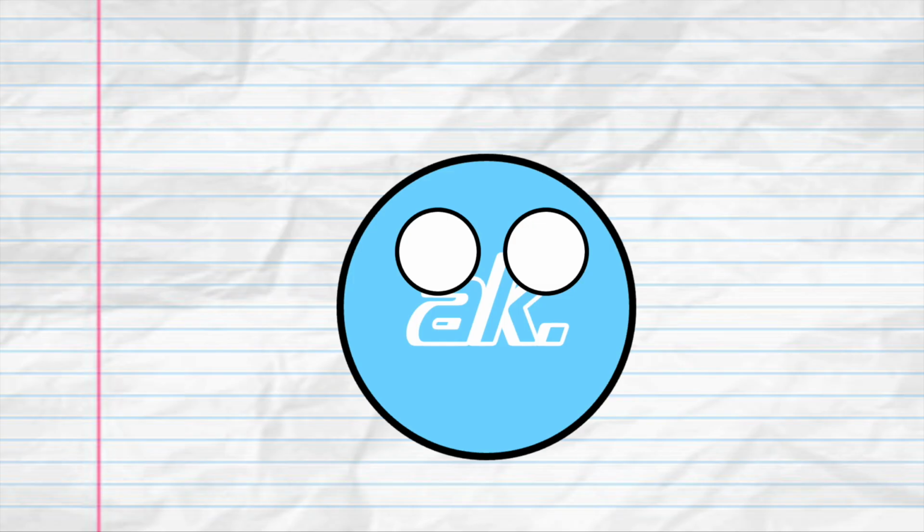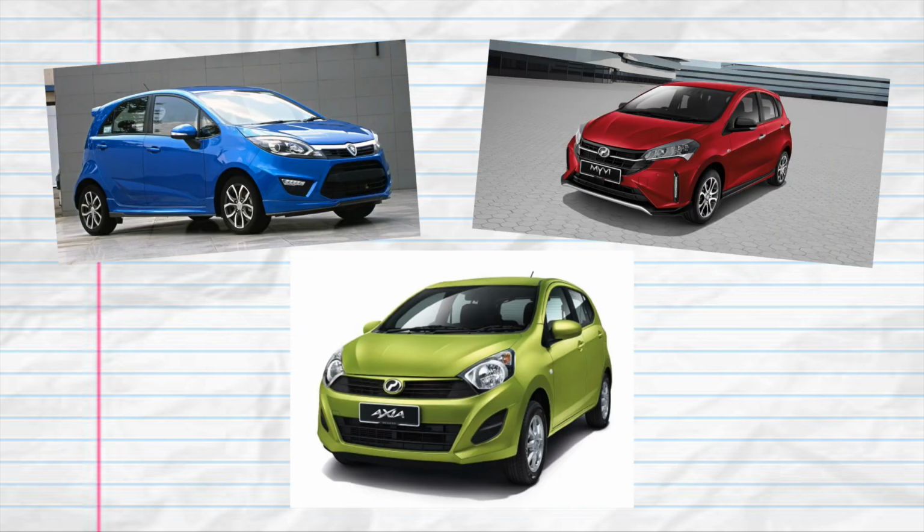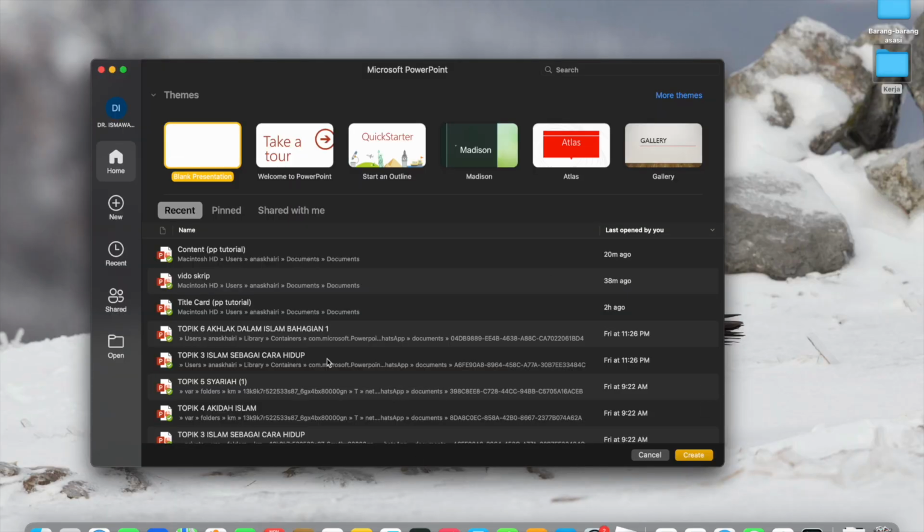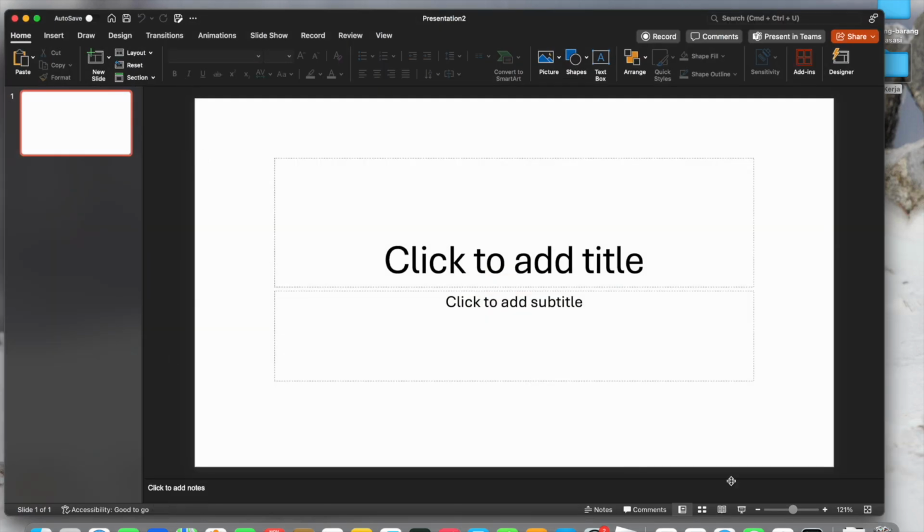Now, let's say you wanted to create a presentation about compact cars. Where do you even start? Well, open the PowerPoint and now click on blank presentation. Now we are greeted with this first slide with a click that title and a click that subtitle. But how I see it, these two aren't really necessary because you can just add text box right here to